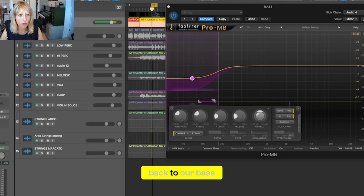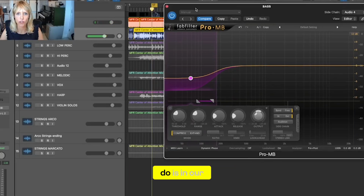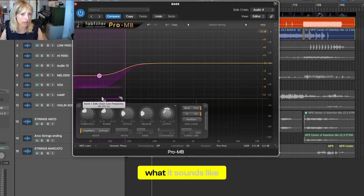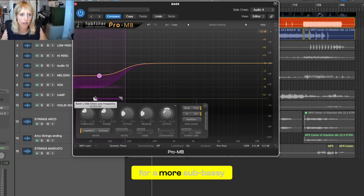So back to our bass and back to the Pro-MB. What we're gonna do is, in our sidechaining mode over here, we've selected the kick up here, and instead of band, we're choosing free. Let's see what it sounds like if we go all the way down to 40 for a more sub-bassy sound. See if we even hear what that's gonna sound like. So down to 40, and then the top end,